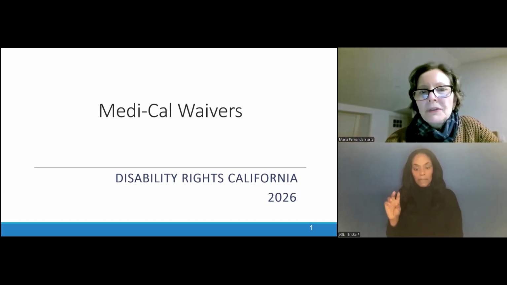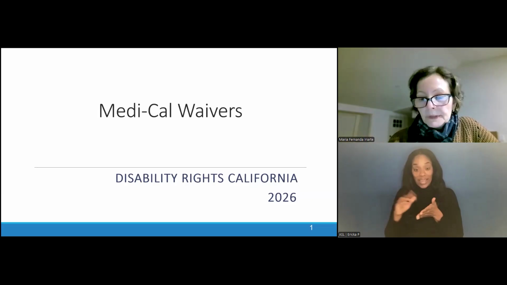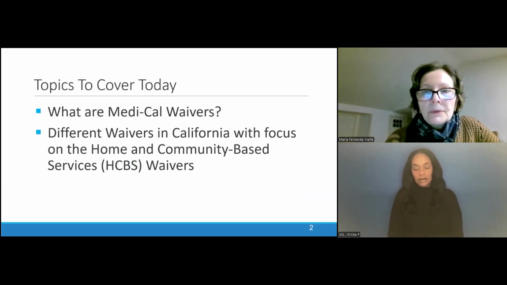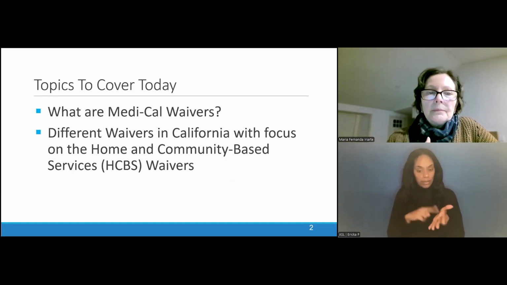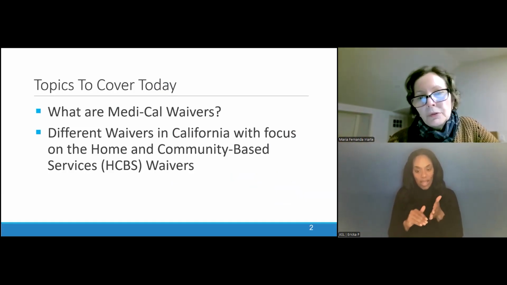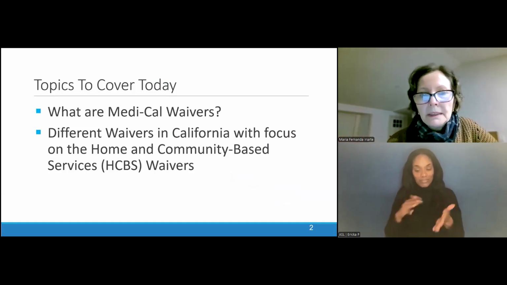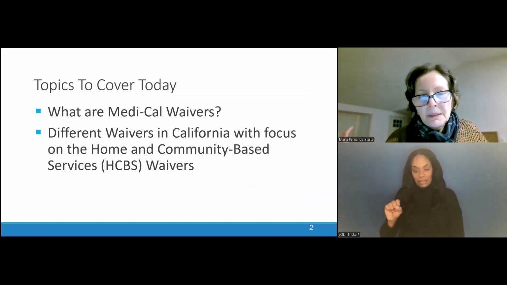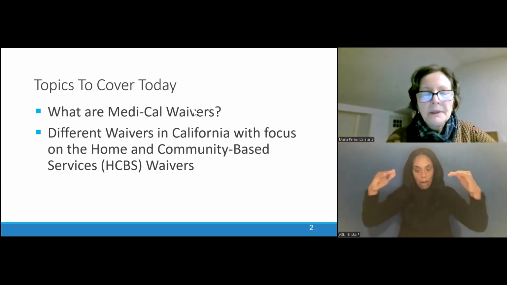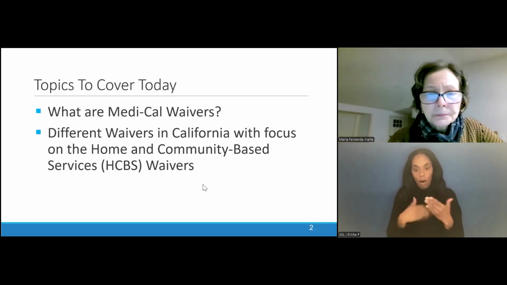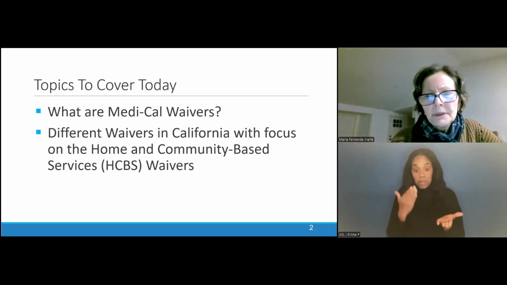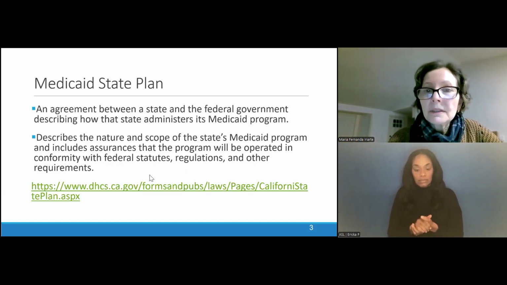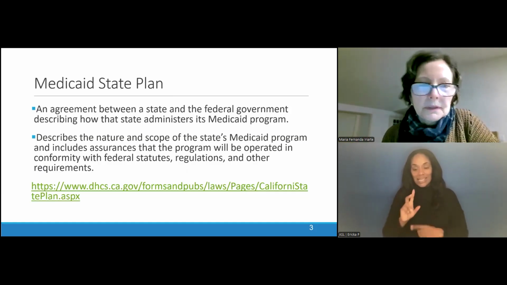You have to think of waivers as a service that Medi-Cal provides. And so I'm going to talk about what waivers are. There are different kinds of waivers that do different things. The focus of this training is on waivers under the umbrella of home and community-based services waivers. So you have to think of HCBS waivers as an umbrella, and then we're going to talk about all these waivers in California. You might be familiar with one of them. If you're a regional center consumer, the DD waiver is one of these home and community-based services waivers in the